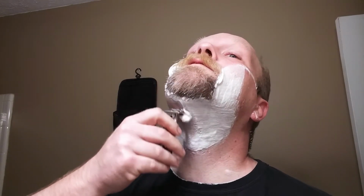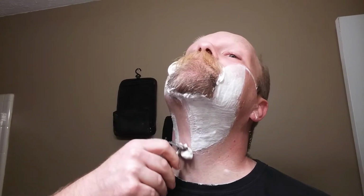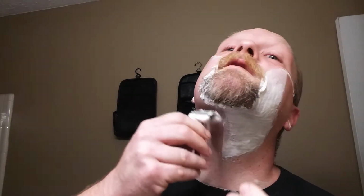And the combination of the less aggressive razor with a nice sharp blade gets you a very comfortable, easy shave, which is still efficient. So that's kind of why I like it. I hardly ever get any irritation. It doesn't go super close like I would with, you know, a little bit more aggressive razors, but